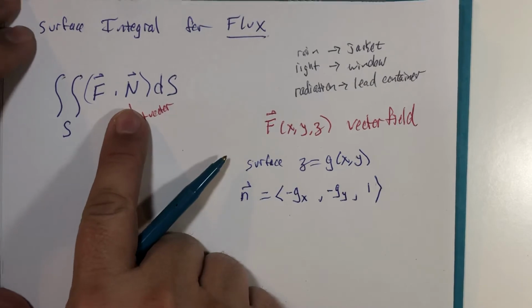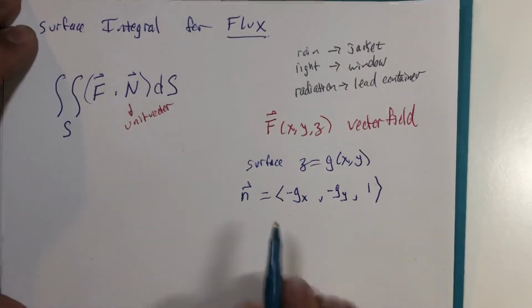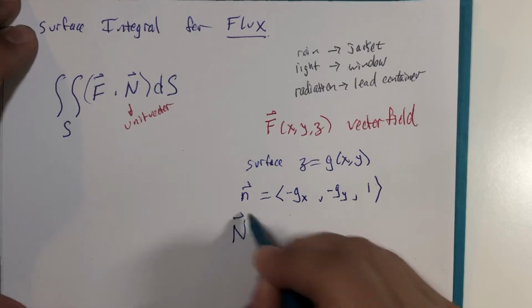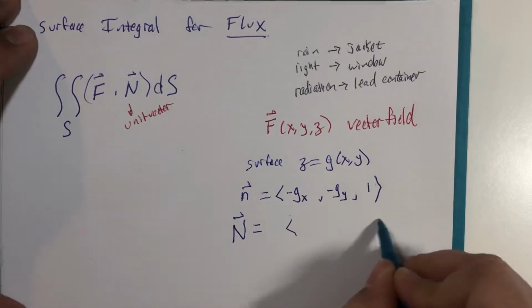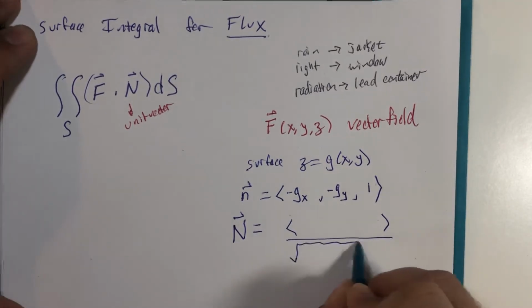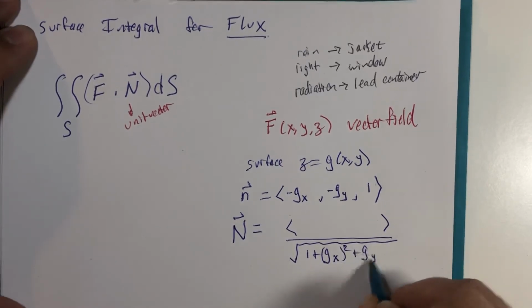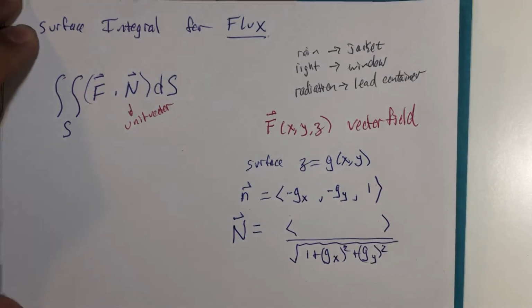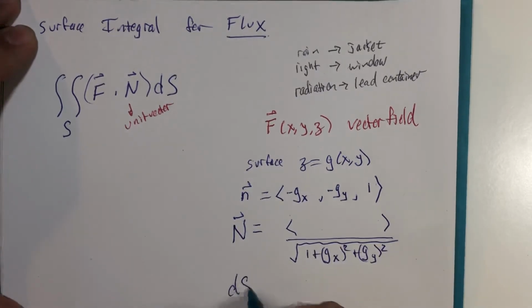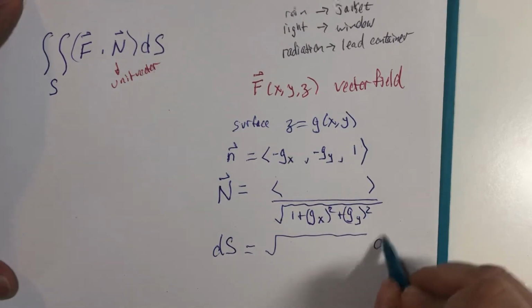We called the capital N the principal unit normal vector earlier in the semester. So I want to use the capital N again for a unit vector. And to calculate a unit vector, well, we would just take our vector that we have here and divide it by the magnitude, which would be this very familiar expression. Now, if we put all the pieces together and realize dS, the differential with respect to the surface, also has that same magnitude expression in it,